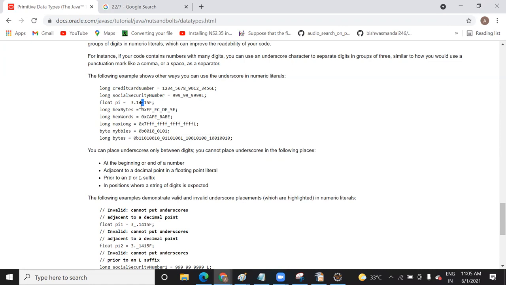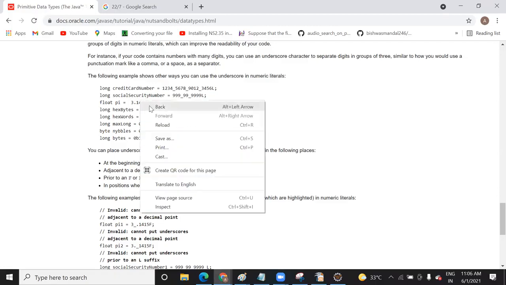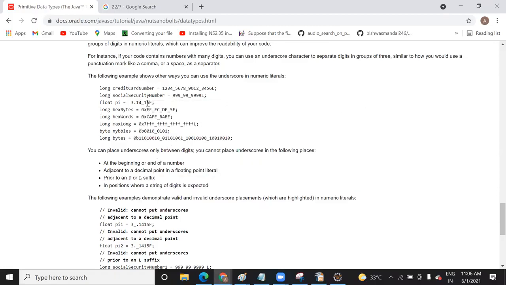Like instead of taking such a big value after this, you can take it 1525 like that. And when you use this underscore, while printing, it will remove this. They will take it like this. So you can just think of this 15 as standing for the whole 1, 2, 3, 4, 7, 8.